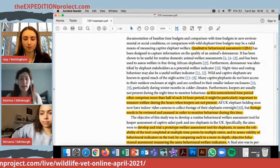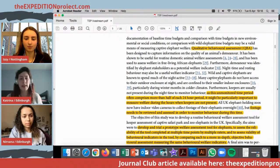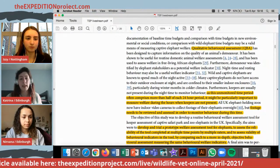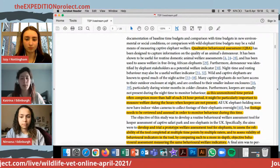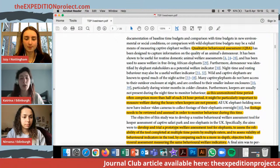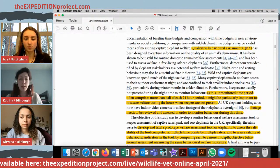But what they then calibrated with, I guess, is that they then look at the animal's health and the physical welfare indicators, and see how reliable they are. So an elephant that is feeling poorly for whatever reason was described more often as depressed than happy, then you know that the keepers who are assigning these words actually have quite a good idea of what the elephant might be experiencing, just from watching quite short videos. So I found that to be super interesting, because